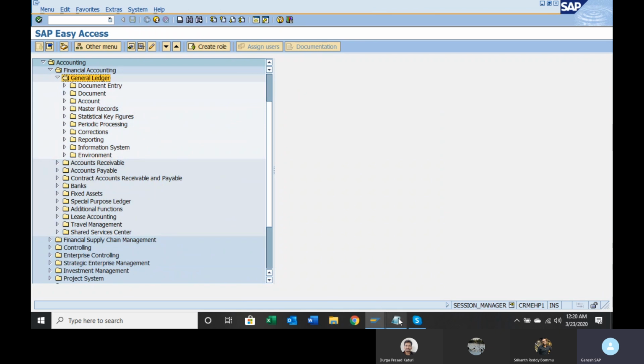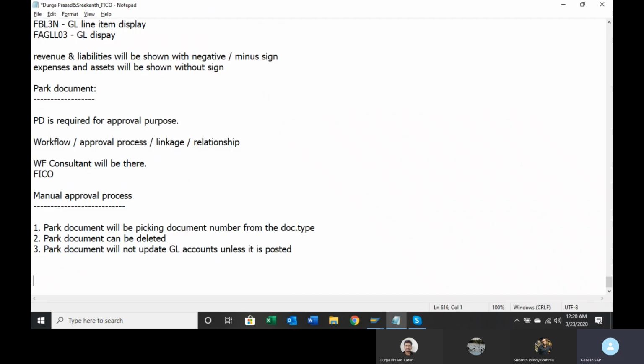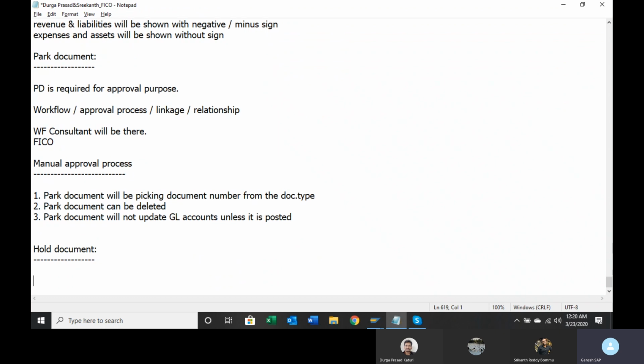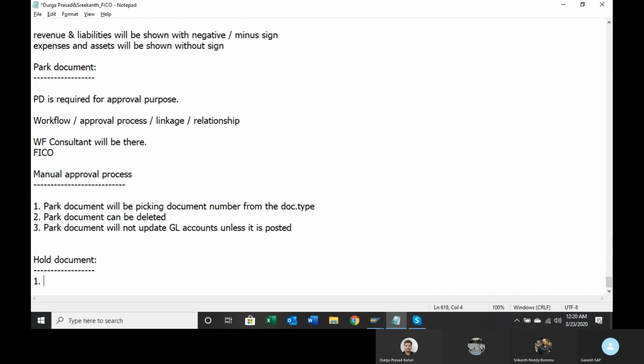Let us see whole document now. When I say whole document, assume that you are trying to post a document, but you do not have some of the information, like you are not sure what profit center or what cost center to be given.